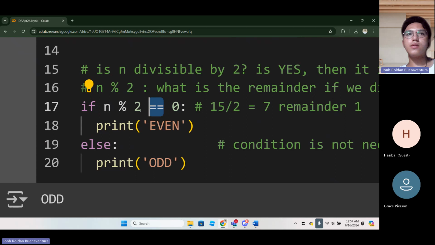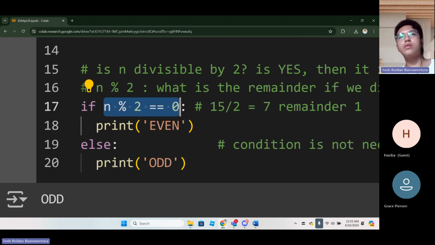In this case, since our n is 15, n divided by 2 has remainder 1, and that is not equal to 0. That's why this part will not be printed, because this part is false.